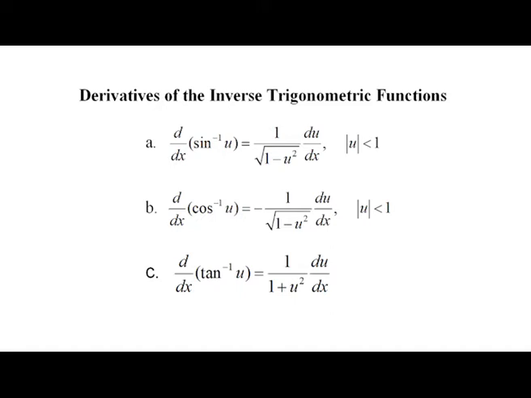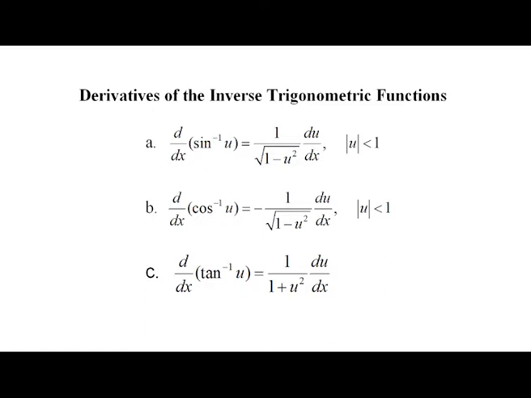Derivative of the inverse trigonometric functions: d by dx of sin inverse of u equals 1 by square root of 1 minus u square into du by dx, with mod u less than 1. d by dx of cos inverse of u equals minus of 1 by square root of 1 minus u square into du by dx, with mod u less than 1. d by dx of tan inverse of u equals 1 by 1 plus